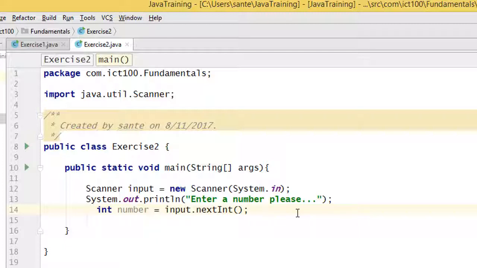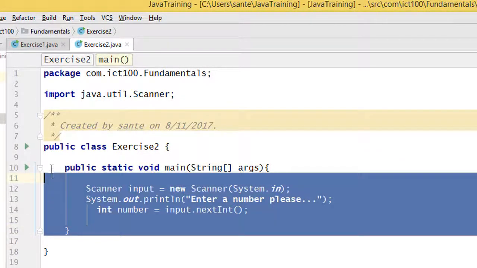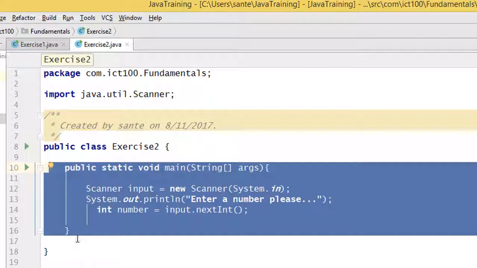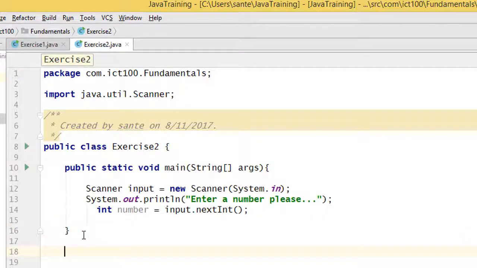So, and now I need to write a function here. So this is a method. You cannot write a method within another method. For example, this is the main method. So if you want to write another method, then you have to go outside of this method and type the method. Let's say, because you want this method to be accessed from anywhere, we need to declare it as public